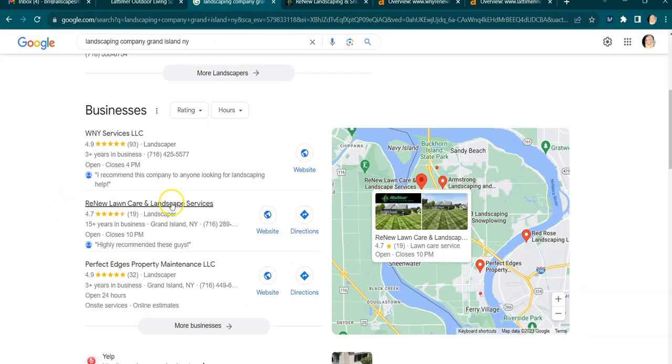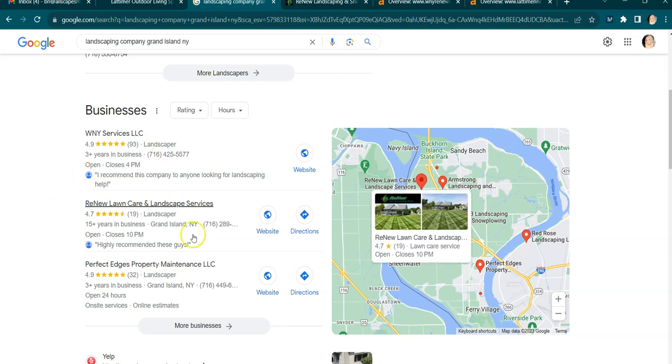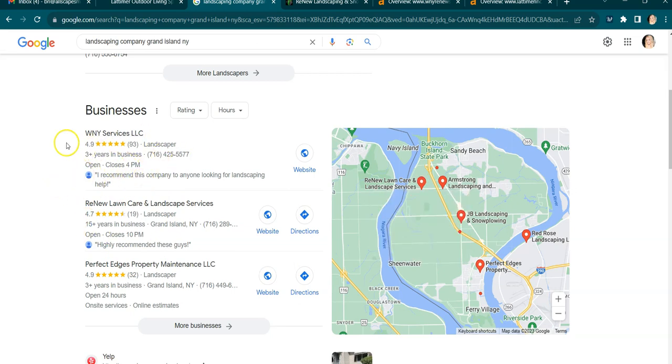This is called the map pack. And the top 3 listed here are the ones that receive a lot of the work because they're super easy to find and they're listed right away. The way you can get yourself into the top 3 is by having, one, right, having a Google business profile, of course. Two, filling it out as much as possible. Name, address, phone number, reviews, photos, everything. Hours, that you really want this filled out.